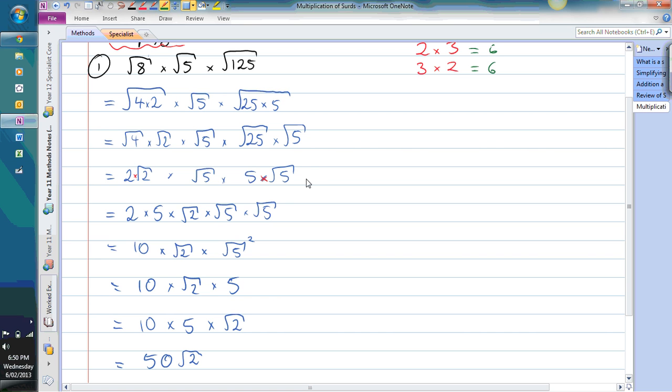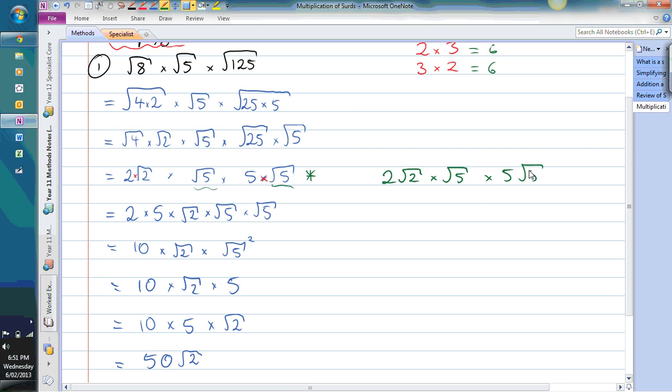So generally, once you get good at these, when you get to this step, you'll pretty easily be able to go, okay, that's square root of 5 and square root of 5, which are going to give me 5. 5 times 5 times 2, 5 times 5 is 10. 10 times 5, that's 50. Straight into there, and the square root of 2. I'll do it over here at the side, actually, to make it clear. So when we get good at these,